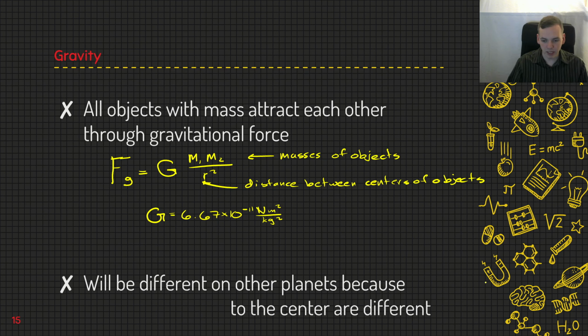If you're on a different planet, the gravitational force will change because the mass of that planet is different and the distance to the center of that planet is also different. So this is why the gravitational force on the moon is weaker. This is why the gravitational force on Jupiter would be stronger at the surface, if you could actually stand on Jupiter. So you can calculate this for any given pairs of masses, for distances between the masses, etc., etc.